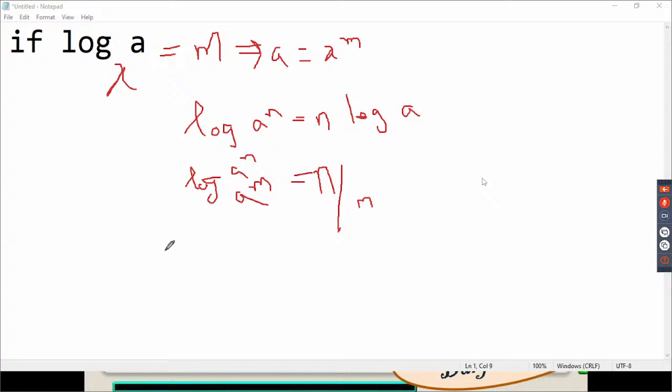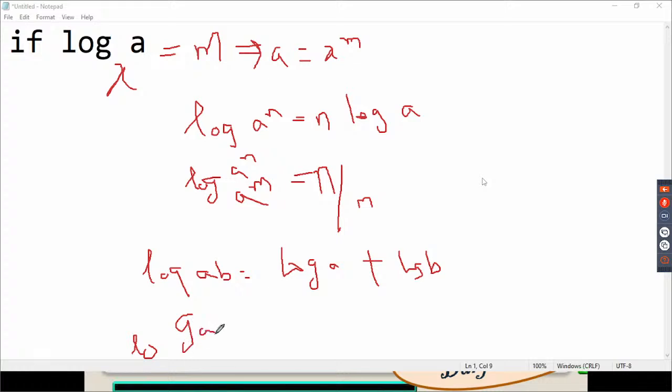Okay. Log ab is equal to log a plus log b. Log a by b is equal to